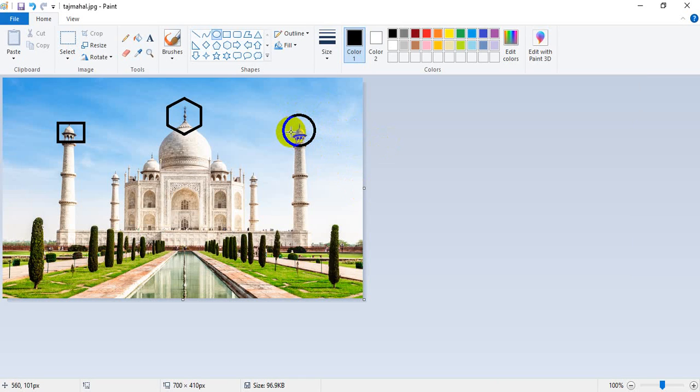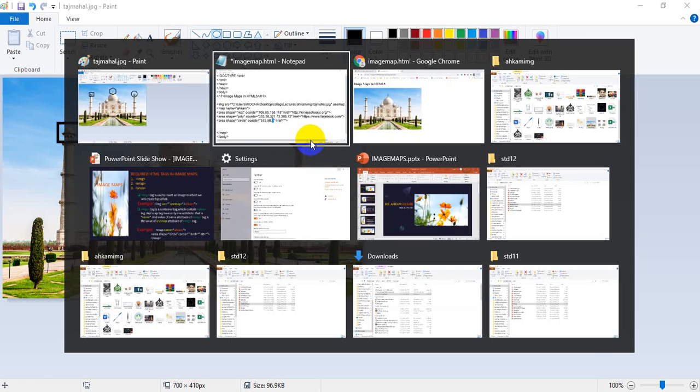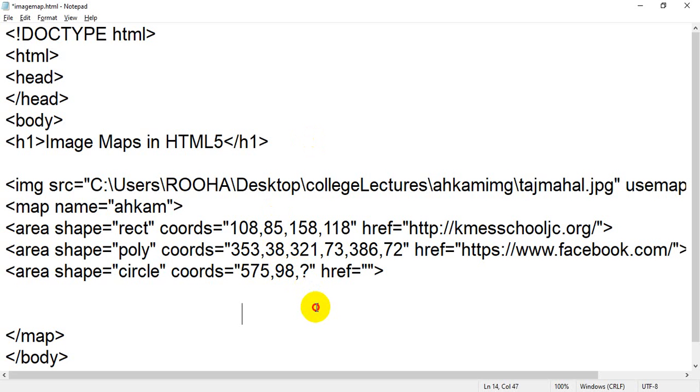For example, this is my center, and if I draw one line from the center to there, it will be considered as a radius. So you can take any value. For example, if I put over here, now take the value: 598 and 116.